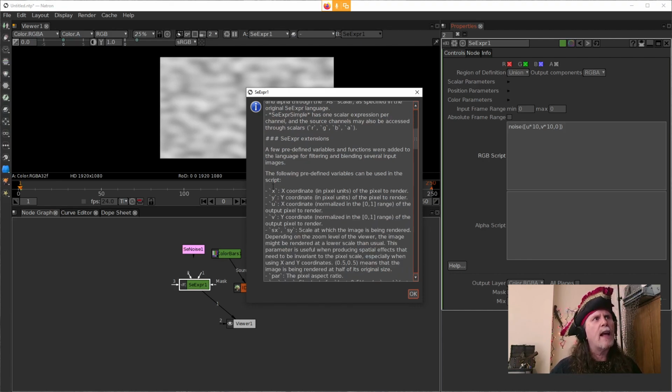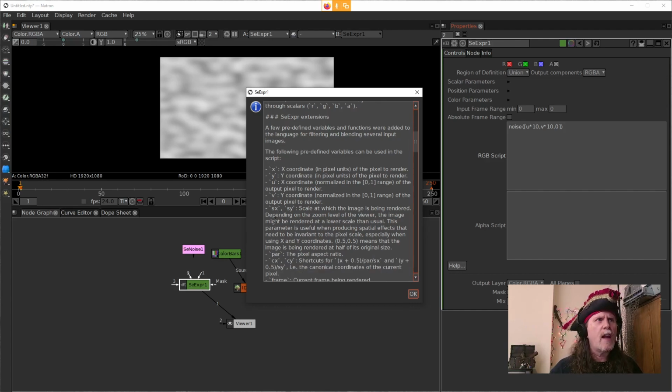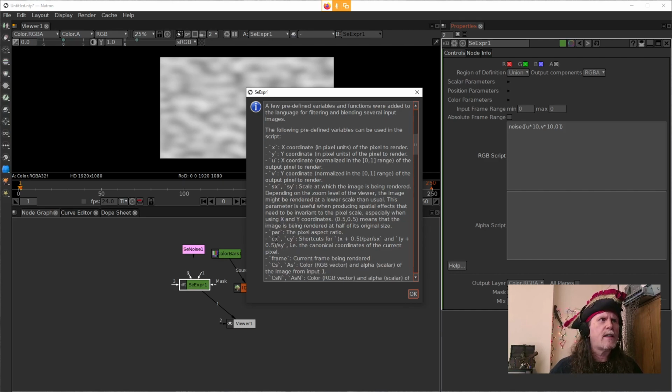You can see that it has an X, it has U, and then it has SX, which is a scale X, and CX. You'll notice it has this thing called PAR. PAR is the pixel aspect ratio, and the pixel aspect ratio is how the SE noise is distorted. Using CX and CY, we automatically compensate for any view, no matter how we scale things, the pattern